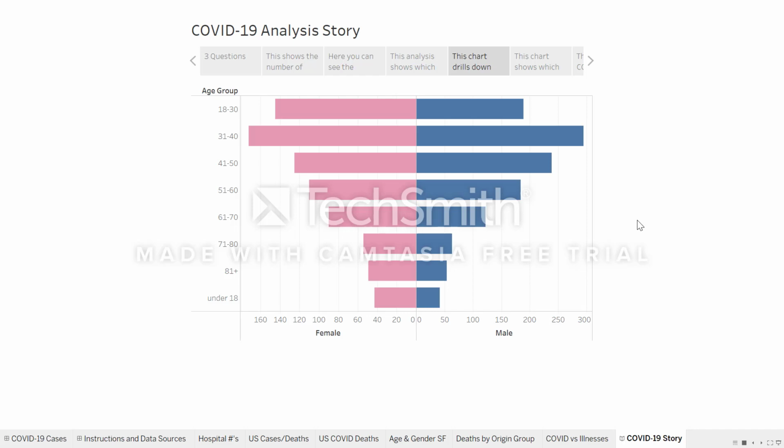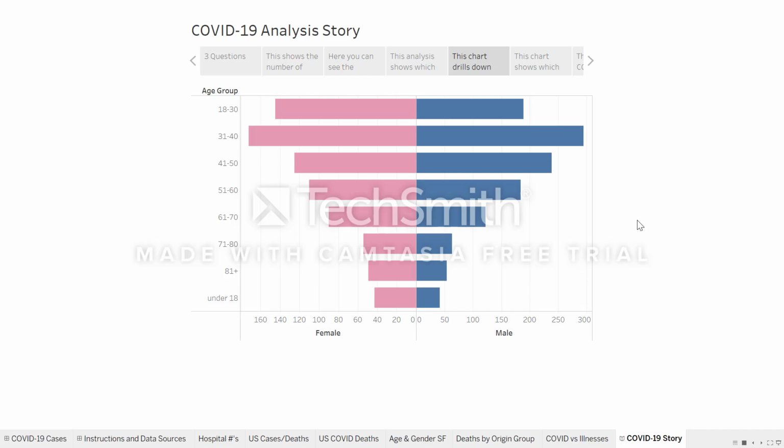This next chart is a population pyramid that analyzes the number of females and males who were confirmed with the COVID-19 virus in San Francisco, and it breaks them down by age groups. I chose to do this chart in order to drill down into the data and look at one city instead of all the states. When I started my analysis, I quickly realized that if you summed it down to just, for example, the US, you would have a much easier rotation of attributes and not so much data piled onto one. However, when I started drilling down to looking at different cities within the US, it was kind of interesting to see how they all differ.